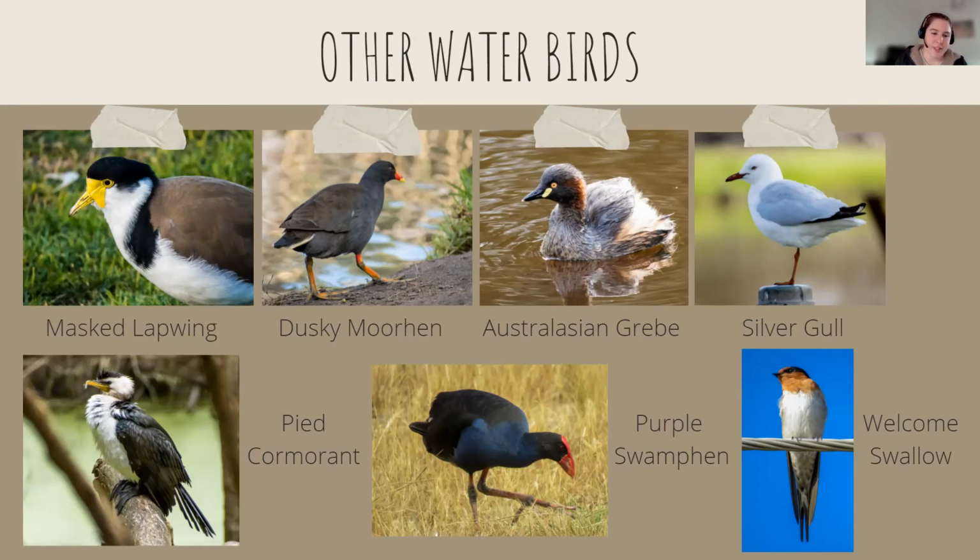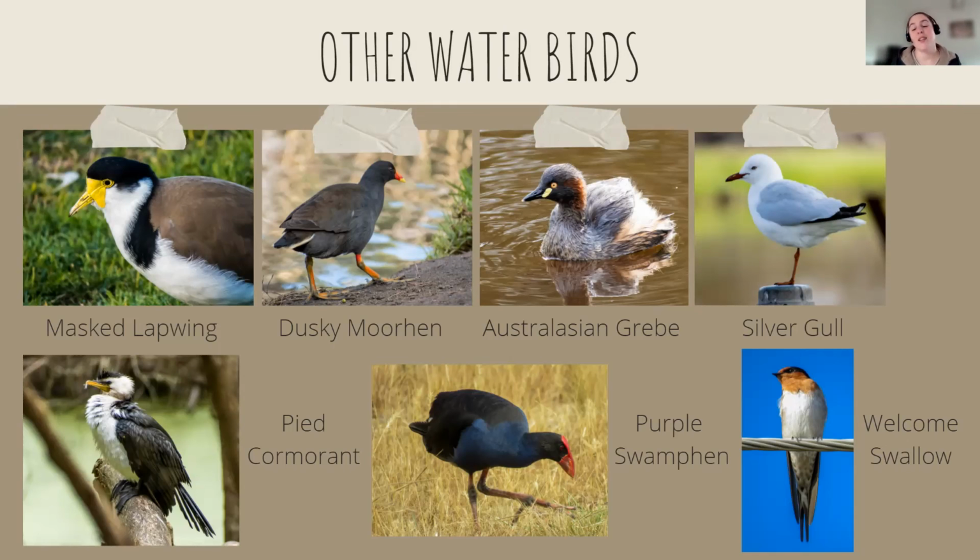Then there are pied cormorants. Cormorants are, I think some people call them shags. They are a bird that you find at the ocean a lot. They are characterized by their white underfeathers and their black wings. They are a bigger bird. They're probably the biggest bird on this page. They have that distinctive curved yellow beak, and they like to fan out their wings and dry them. So if you see a big black and white bird drying out its wings and sunbaking, it's probably a pied